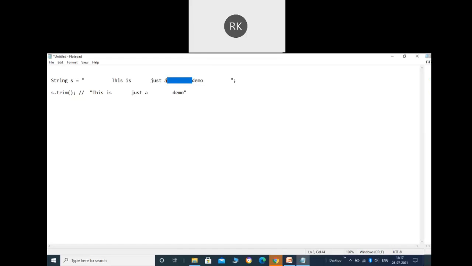All right. And if you want to check it, how can you check it? Before applying the operation, you can calculate the length. And after performing the operation, let's suppose I say String s2 = s.trim(). Again you can say s2.length.